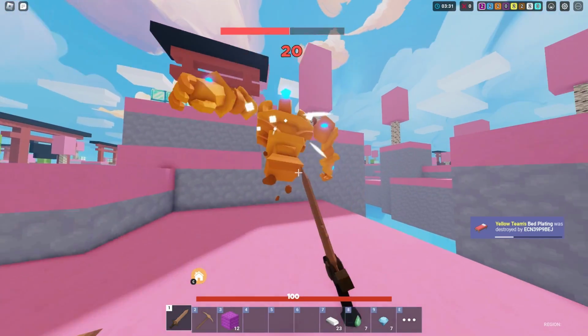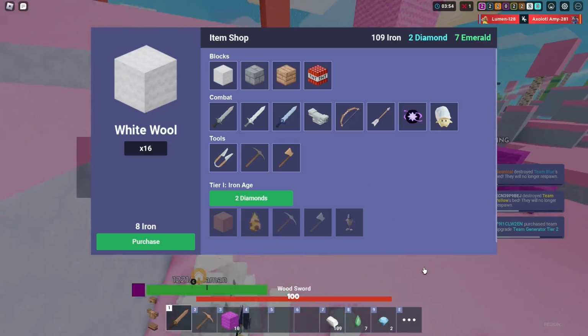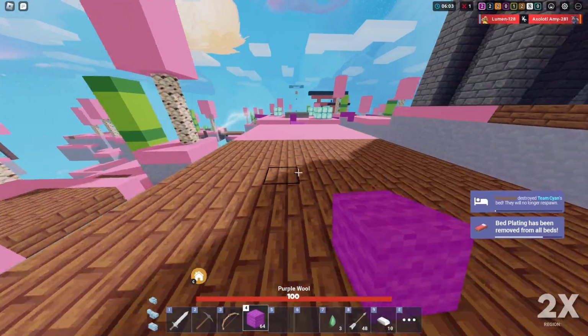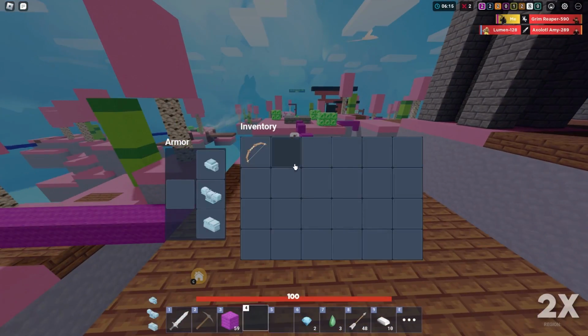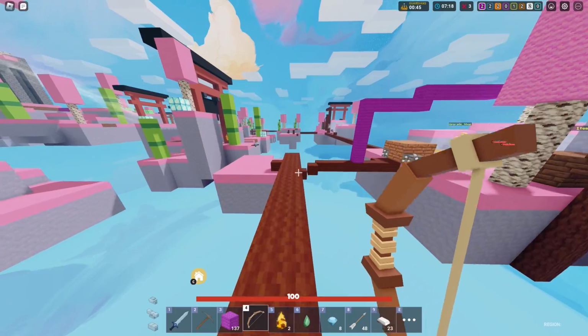After that, I continue to get diamonds and emeralds. At this point, I was able to buy myself better armor. I continued going back to the middle because nobody was really attacking us and it wasn't necessary for me to attack anyone else. At this point, I noticed that Brown was getting a lot of resources, so I went to